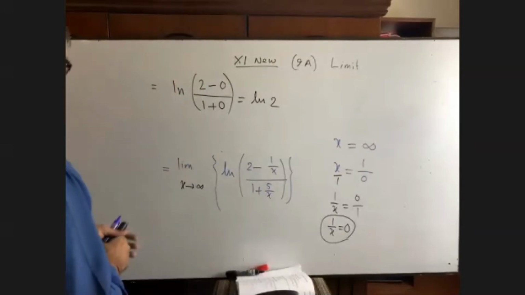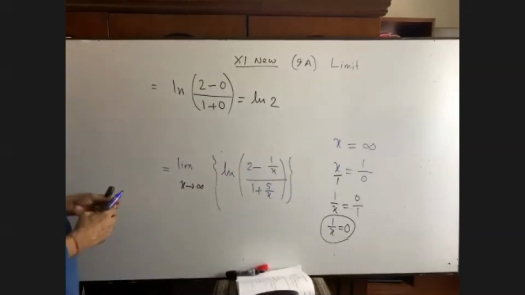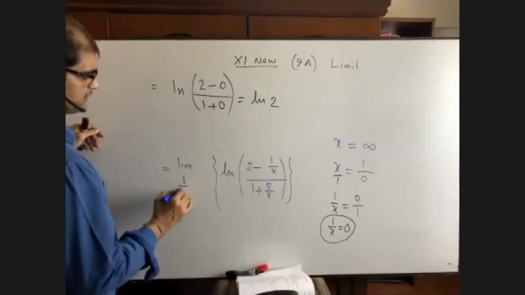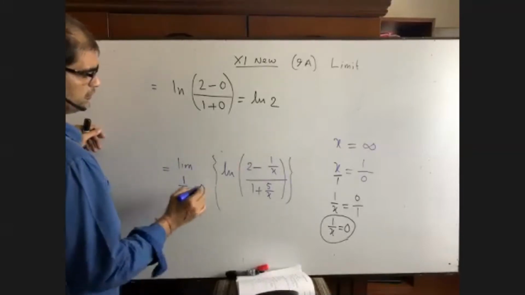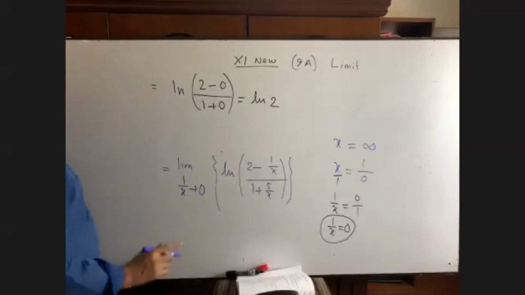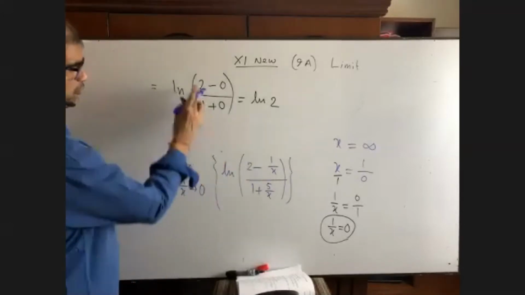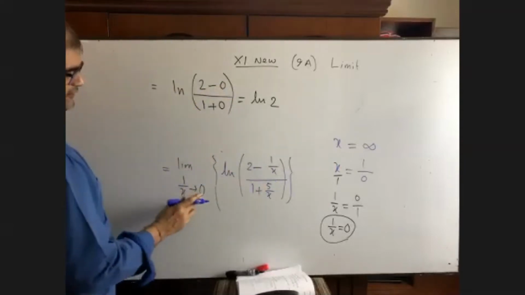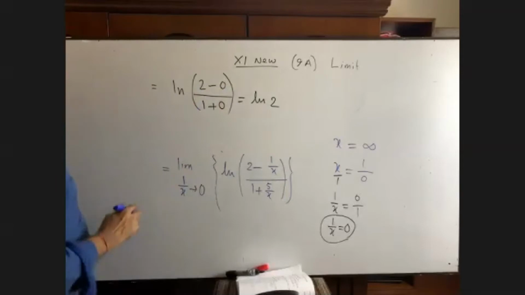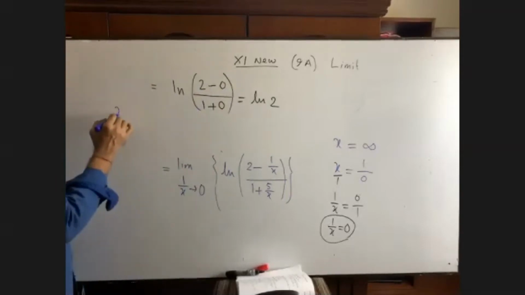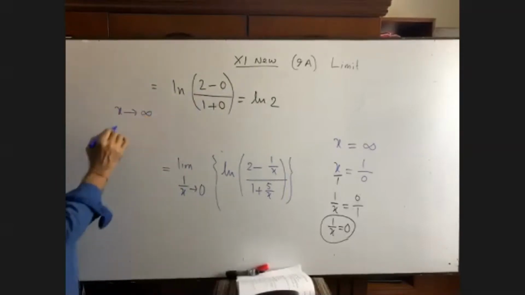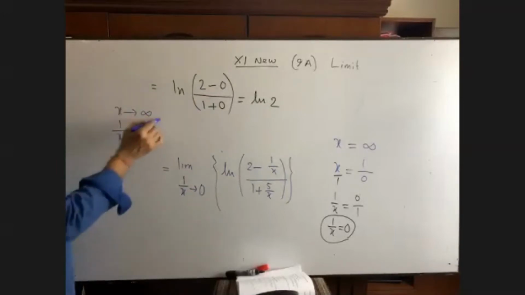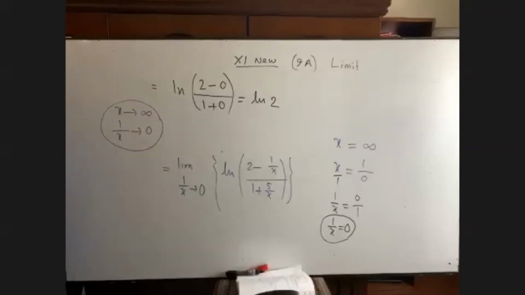You see, suppose this is done. Another format. x infinity means 1 by x is 0. So we can put here, this is 2, 1 by x is 0. This is 1. If 1 by x is 0, 5 by x is 0. That means from today we will come to know x tends to infinity means 1 by x tends to be 0. Same thing. It means the same.